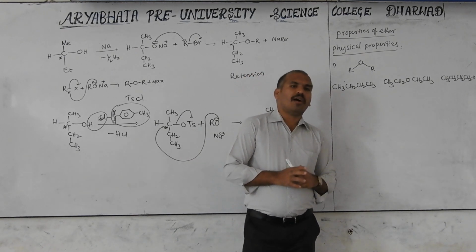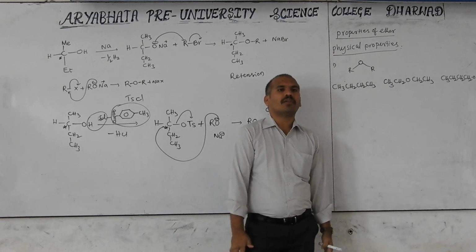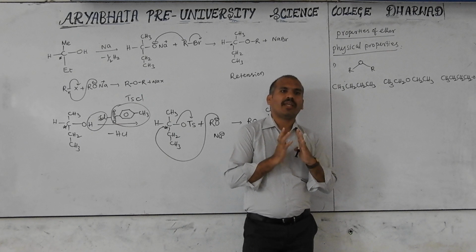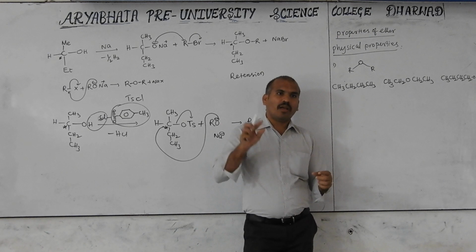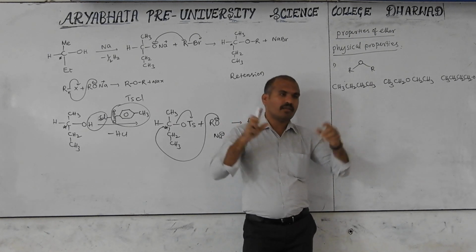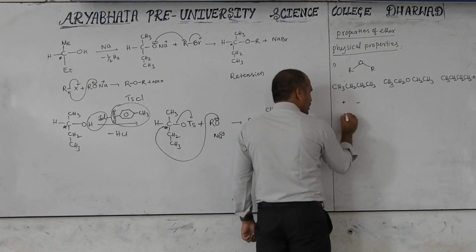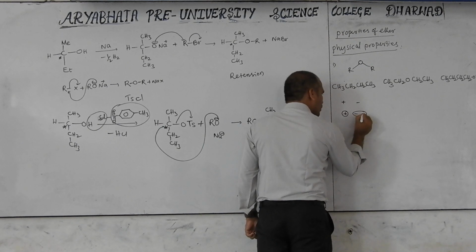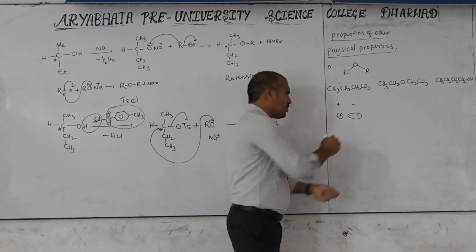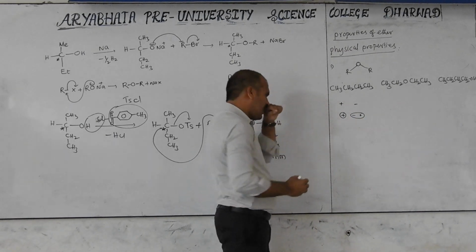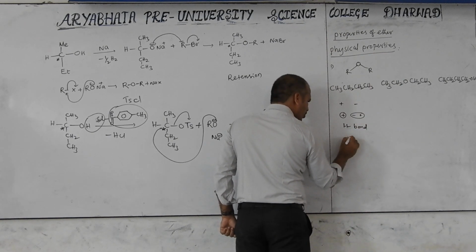Then I will tell you that always the positive-negative charge attraction force is greater. That is called ionic bond. With an ionic bond, the boiling point will be very high. Next, which type of force will affect the boiling point? One is ion, another is dipolar. Ion-dipole is the stronger positive-negative charge force. Another is dipolar: one molecule having two charges, positive and negative. This is called dipolar. Next one, hydrogen bonding. Next one, dipolar force.